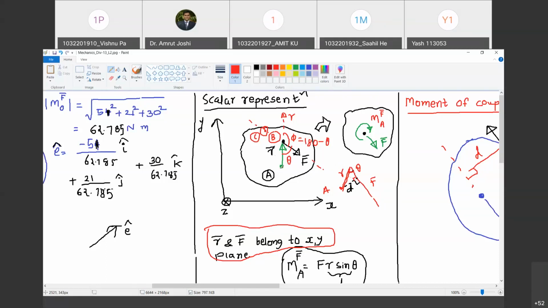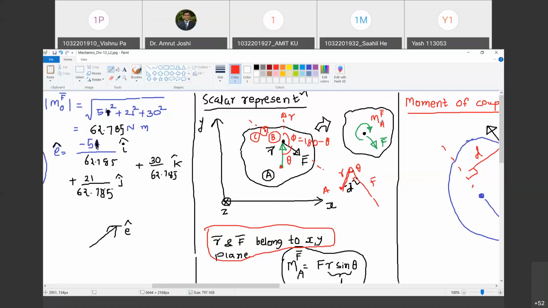Now imagine that we have considered point A. Point A is on the left hand side of the line of action of force F. There is an easier way to find the sense of this moment. Imagine that you are holding the body at A and applying the force F at B. In which direction does this moment try to rotate the body? It is going to rotate it in the clockwise sense. Therefore, this moment will have a negative sign.